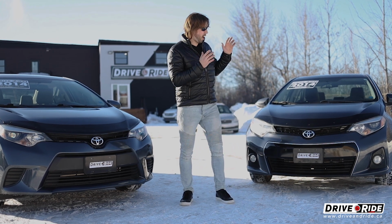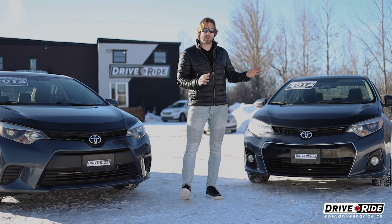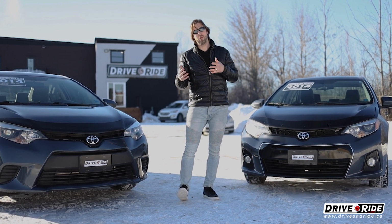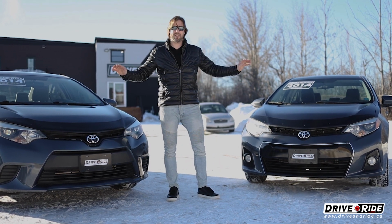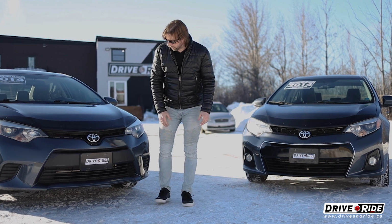Now, we're going to hop over and start looking at the S model a little bit, and I'm going to show you some of the differences, because with the S model, really the only differences are going to be cosmetic and appearance-wise. The engines, transmissions, drivetrains, all that stuff is going to be the same. So first off, you're going to notice